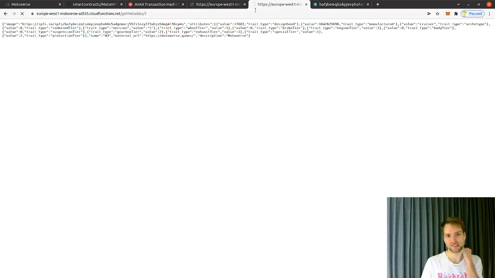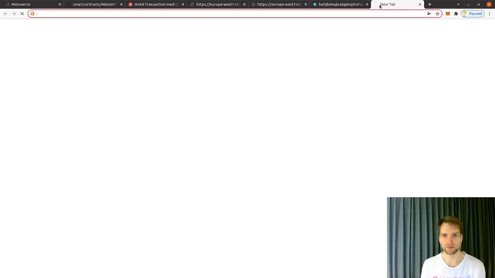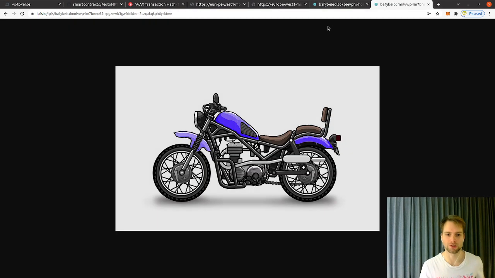And the reason is that right now our function is scrambling around, trying to figure out what was the previous version of that bike, what sort of parts were in there, what we've just upgraded, and replace that file to compose the final image. Because we wanted to not only upgrade the numbers on the blockchain, but we wanted to upgrade the visual as well.